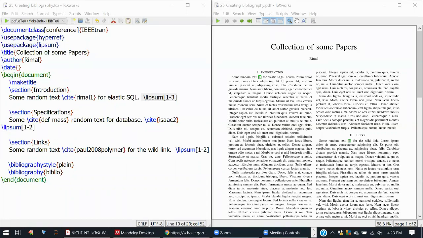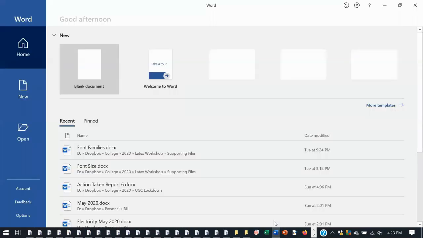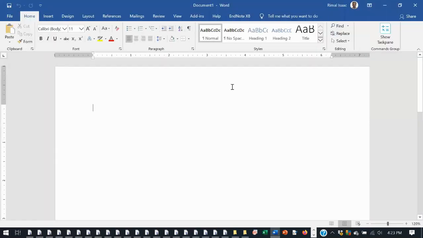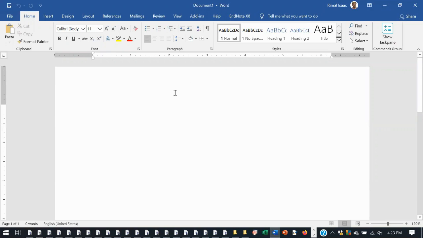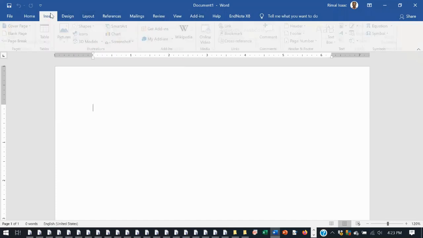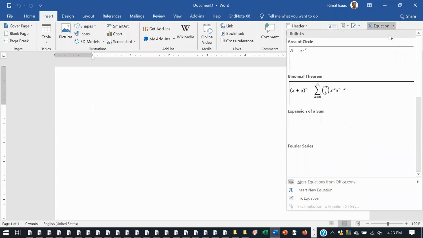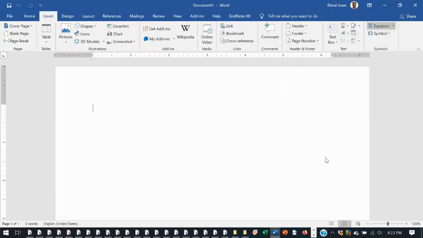So I can show you one simple thing now, as there are 5 more minutes. Some people will have typing problems with equations. I will tell you how easily you can type equations. You have this Word, right? I'm using this 2019 version of Word. In that you can insert an equation. You can go to equation, you can type an equation. So I'm going with this equation.